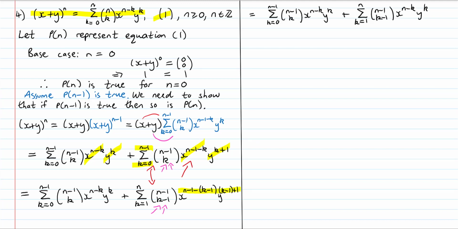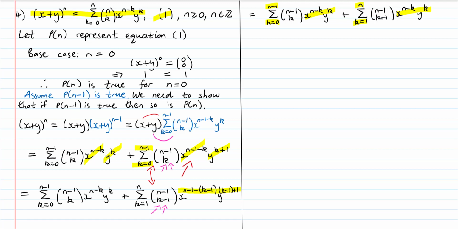So we can almost write this out under one summation symbol, because we've got these terms in common now. But our problem is the indices of summation. This one on the left is going from k equals 0 to n minus 1, and this one is going from k equals 1 up to k equals n. So if we can make those indices the same, then we'll be able to write all this out under one